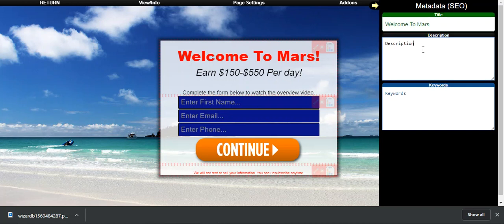I'm going to copy this here. Welcome to Mars. Something like that, just anything. And then of course you want to tell them something like that. So you don't want to make it too long, and you don't want to make it too short. I would say you could probably add at least one more sentence in here and go from there. Then keywords will be